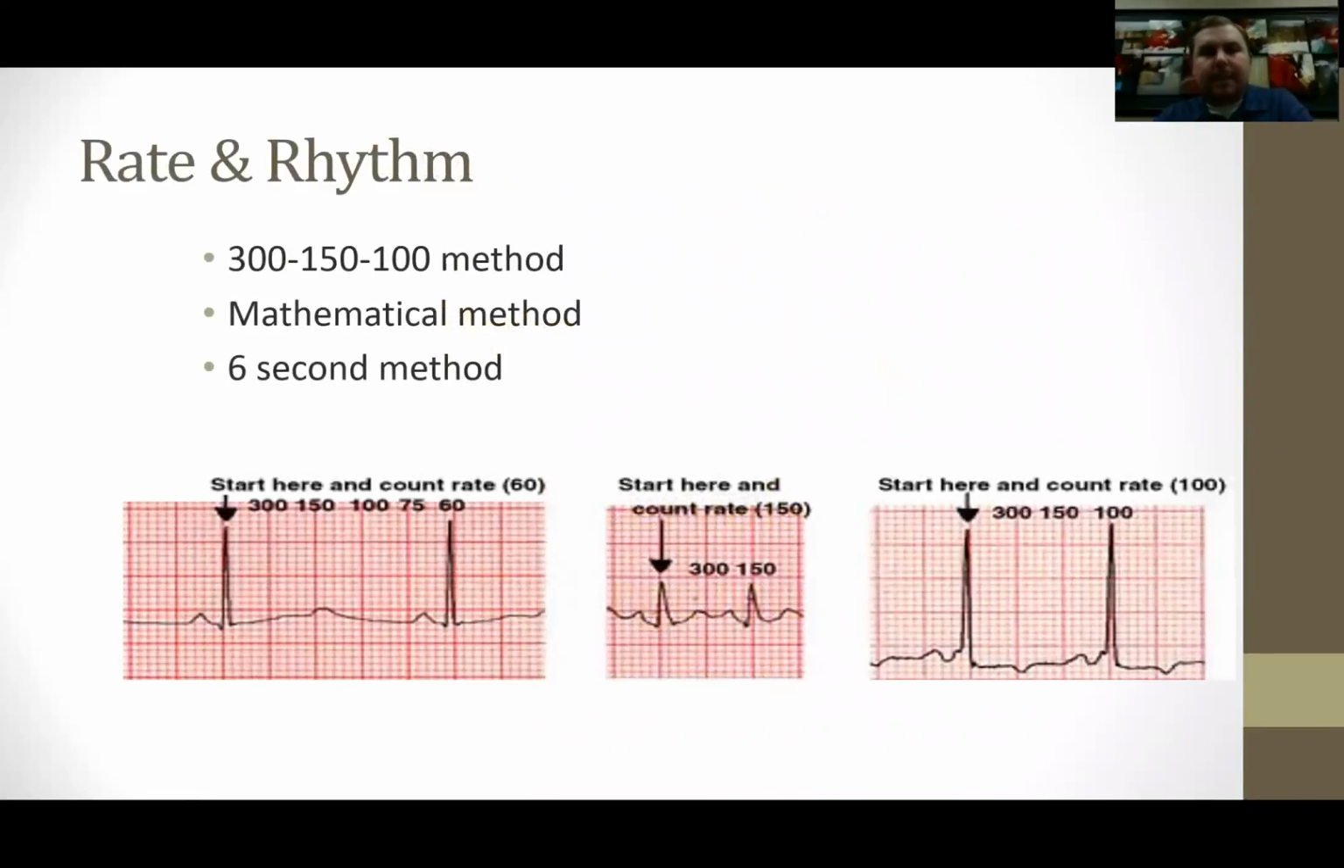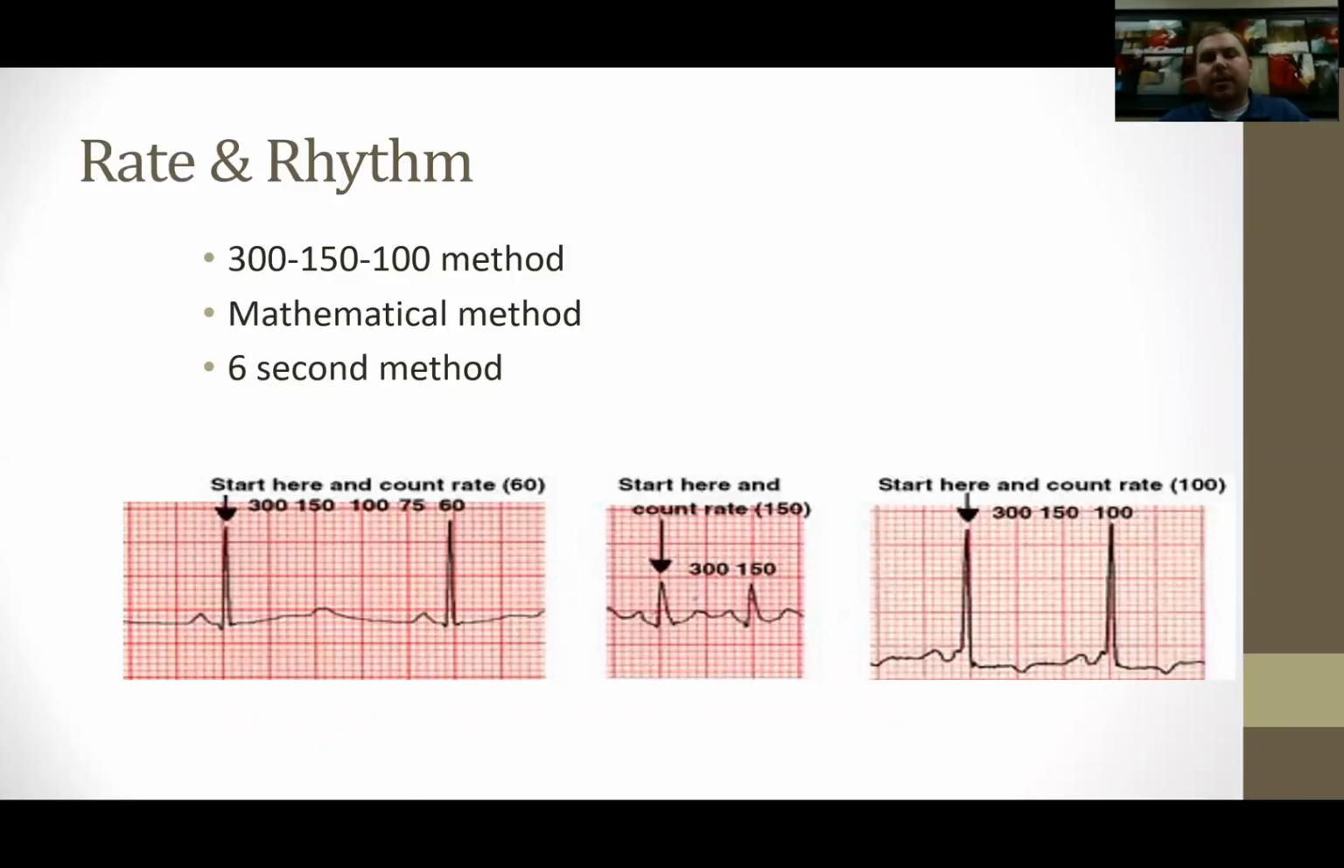Rate and rhythm. This should be intuitive. I'm sure all of us have identified rate and rhythm for thousands upon thousands of EKGs. For rate, there's a real simple tool that I like to use, and it's that one on the bottom there, the 300, 150, 100 method. The way that works is you look anywhere on your 12 lead or even a rhythm strip, if that's what you're looking at, and you find our